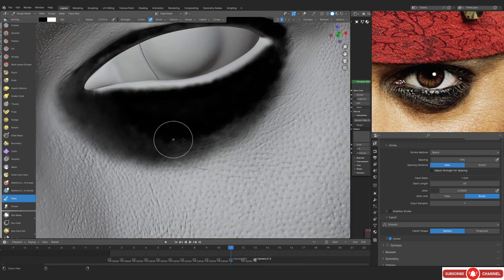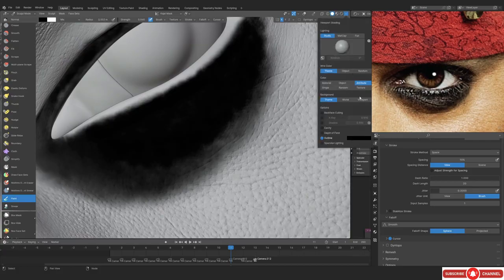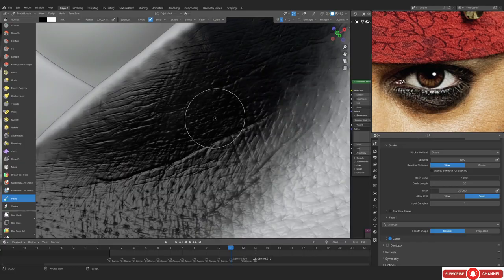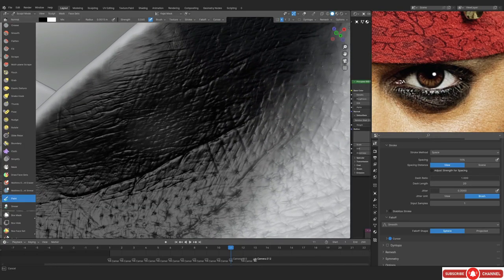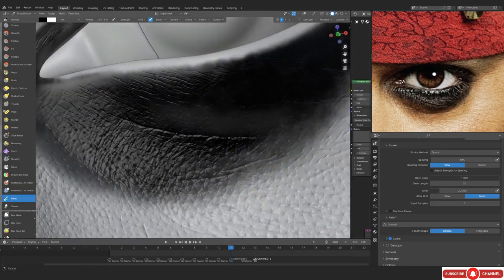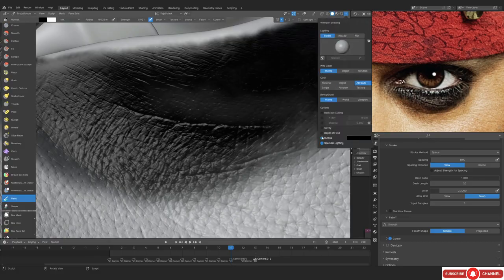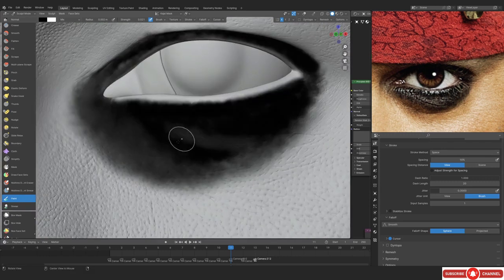Alright, so we are just gonna start removing some of the black, because this mask has gotten 100% black right now, and I don't think I actually want that. So I'm just gonna start removing it, and you can see that we don't have this much black over here. You can see it even in the reference. Again, you don't even have to be 100% accurate to the reference, but just make sure that it looks good and also looks kind of similar, right?